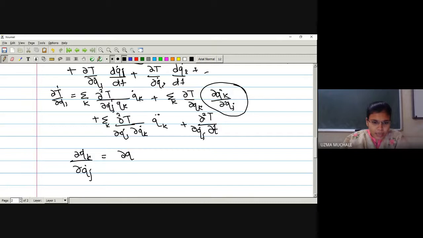It will be just like ∂q_1 dot with respect to, first we'll keep k equal to 1, then we will vary the value of j. So it will be q_1 dot, plus, what is the next term? As we have fixed k, we will evaluate with respect to j, so it will be q_2 dot, plus, and so on. As the summation depends on both, I am writing the plus sign. So what will be the value of ∂q_1 dot with respect to q_1 dot? Can you say the value of the first term here?